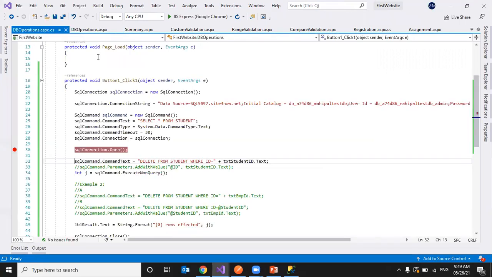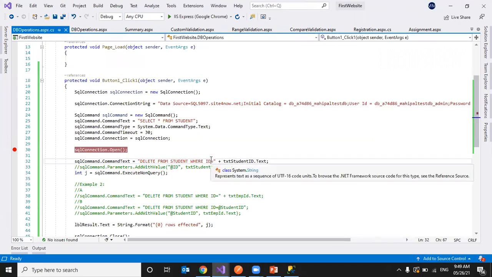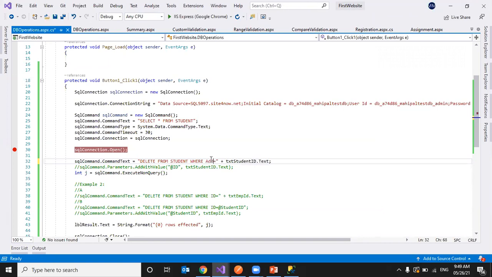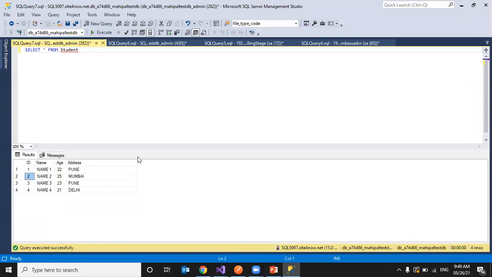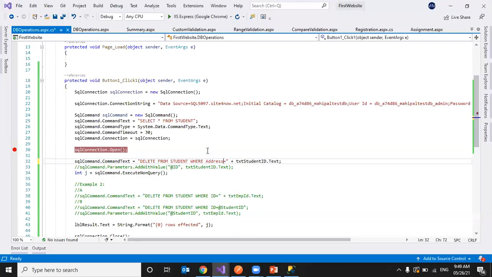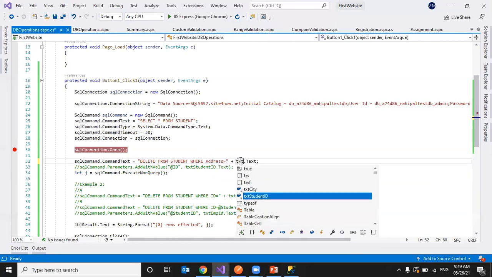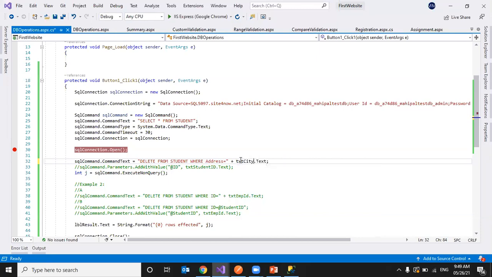For now, I'm only writing for city. City we are storing under the address column, right? So we simply have address, and that I am getting in txtCity.